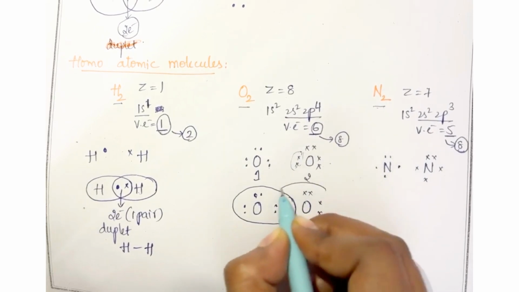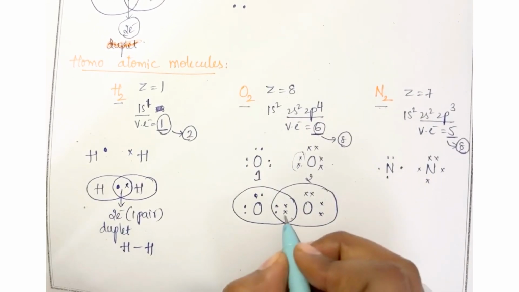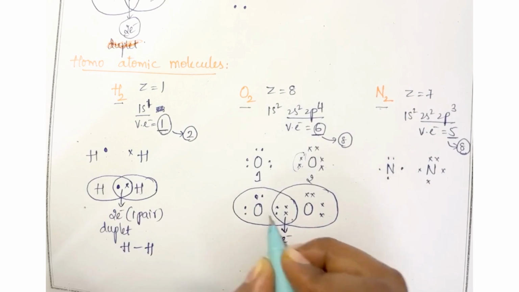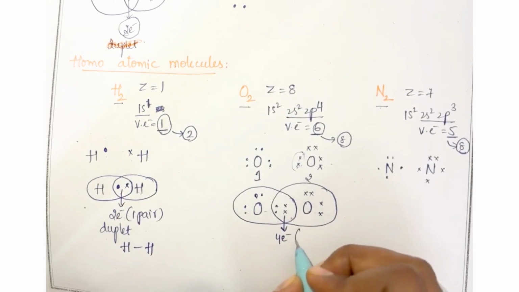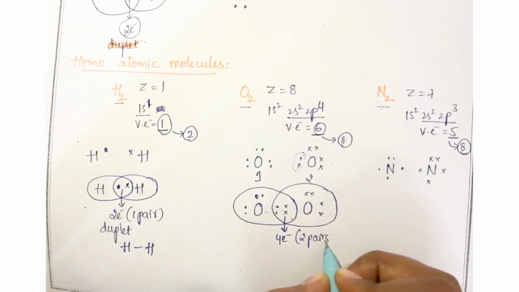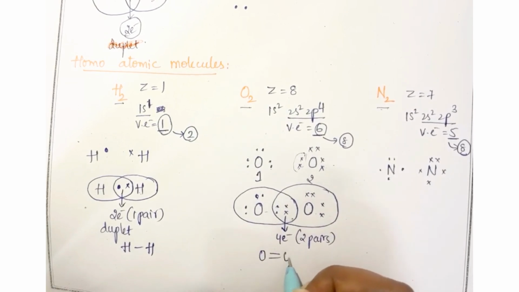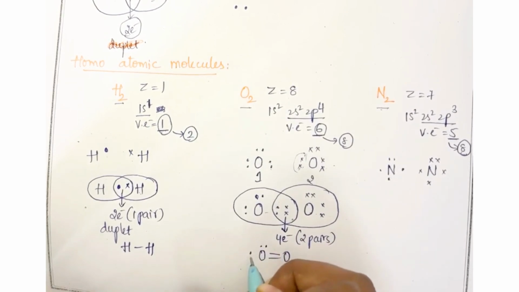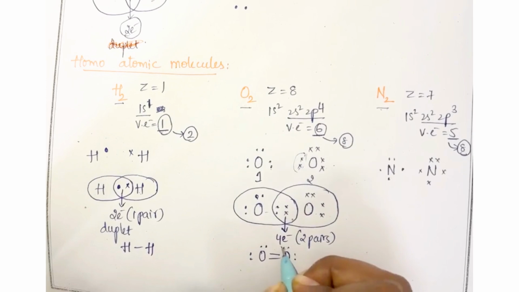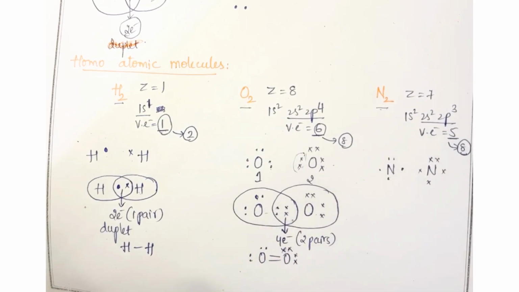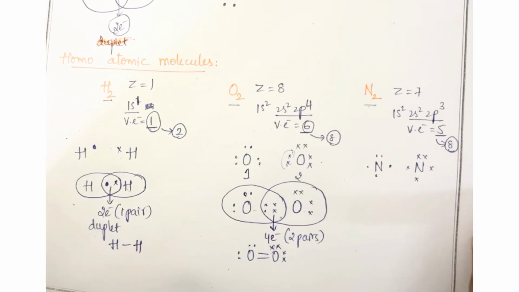So each oxygen is giving 2 electrons each. So these 4 electrons belong to both the atoms, that is 2 pairs. So the bond between oxygen is a double bond and the extra electrons are written as lone pairs this way. Similarly, if you look at nitrogen,